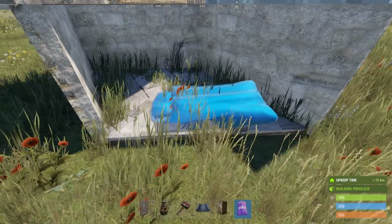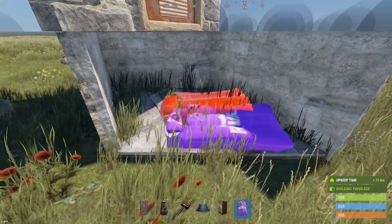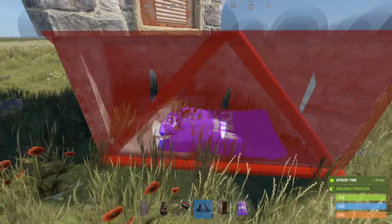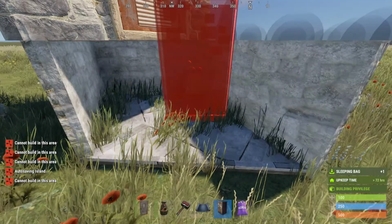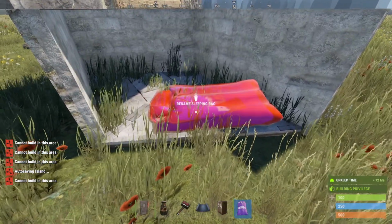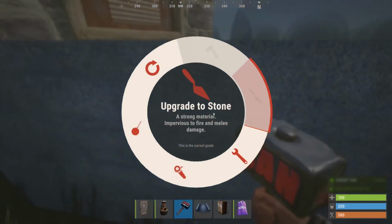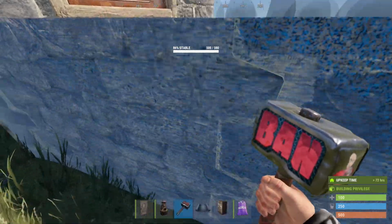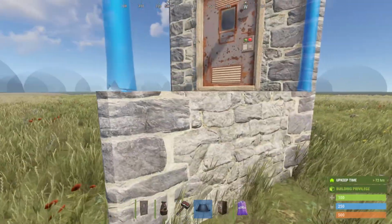So kind of anywhere around here looks good, and then just check to see if you can place it. If it looks like that, then that's okay. You can redeploy the sleeping bag as often as you want, and then just move it back a tiny bit, a couple of pixels, and then that is set. And now we will make sure that we can get the shop front into the frame,